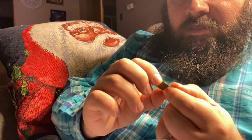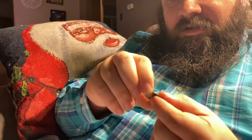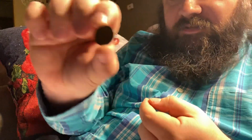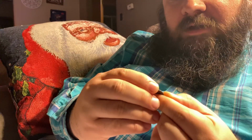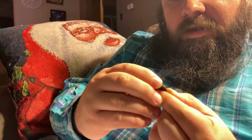This is a 1910, what appears to be an S. And again, it's in pretty decent shape. So 1910 S. I like that one already. Ooh, another Indian head. That's awesome. This one is kind of rough. I can just barely make out